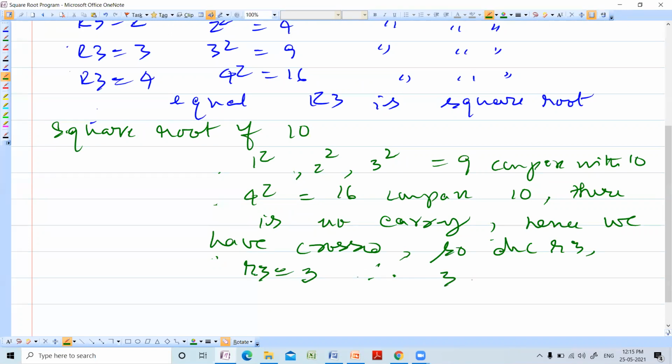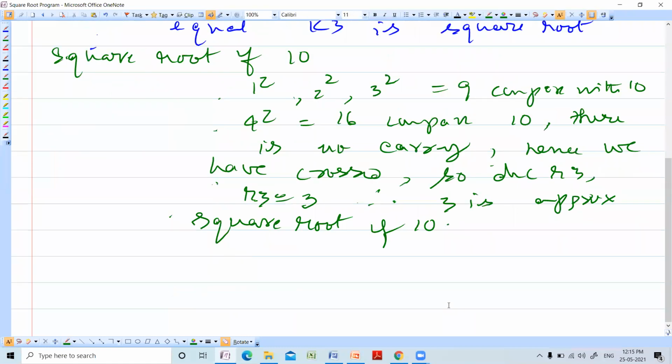So 3 is the approximate square root of 10. So this is the algorithm.